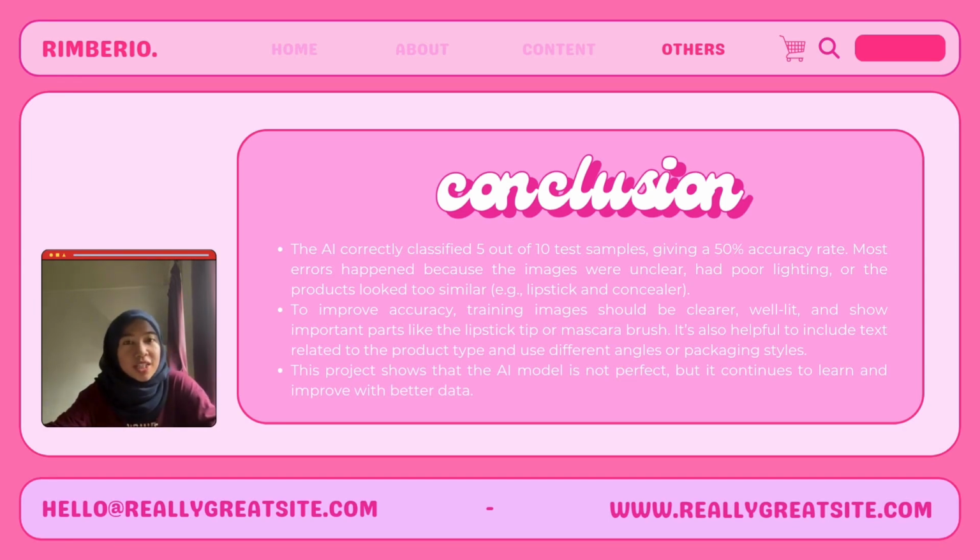To improve this, the training images should be clear and well lit. Show important parts of the product like the tip of the lipstick or mascara brush, and include text that relates to the product, such as foundation or blusher. It's also important to use different angles and packaging styles during training. From this experience, we have learned that AI is not perfect and the results really depend on the quality of